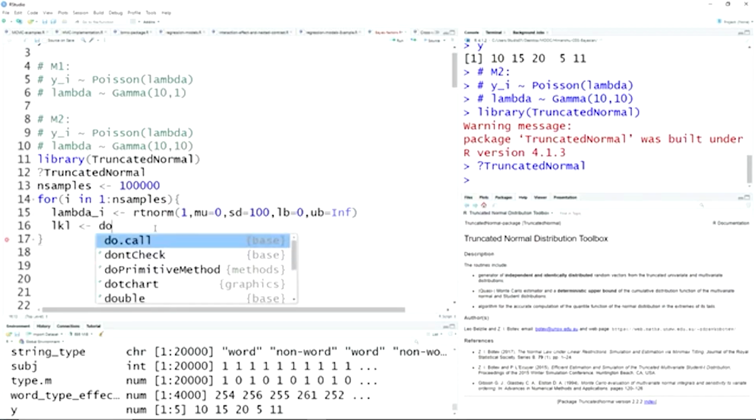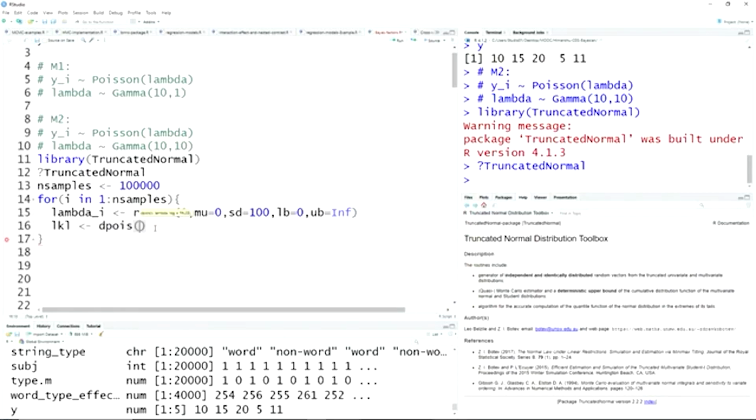Likelihood will be d poisson y given lambda i, and y has multiple data points, so we can calculate joint likelihood, product of all these individual likelihoods. Then we can calculate prior. Prior would be d gamma. Now this is for model 1. For model 1, the prior is d gamma lambda i